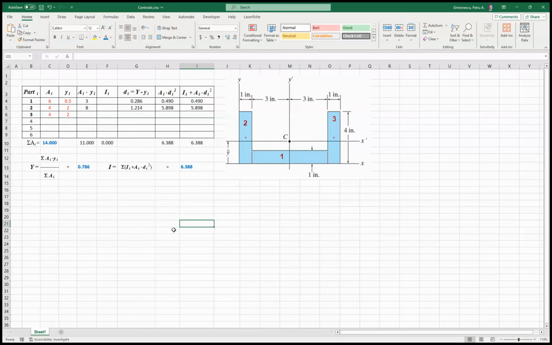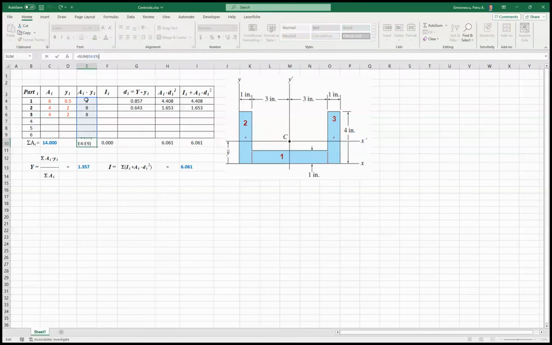Okay, and then we have the products, area times centroidal